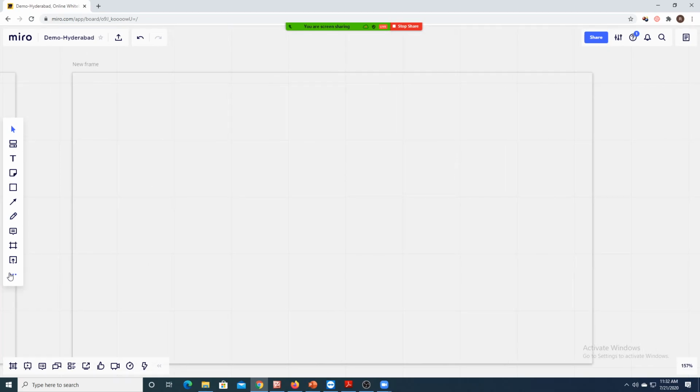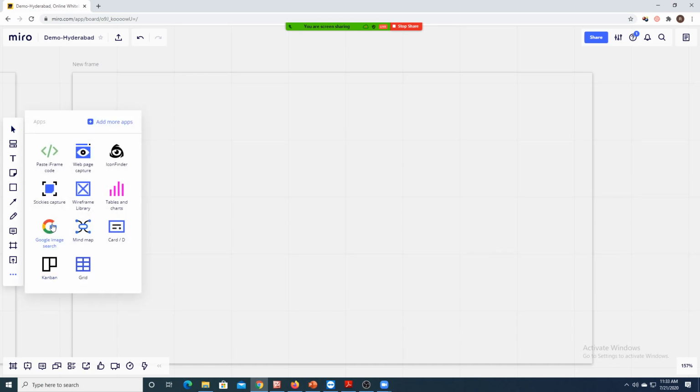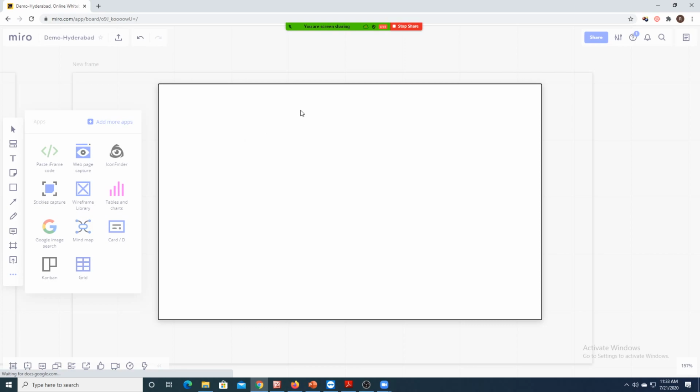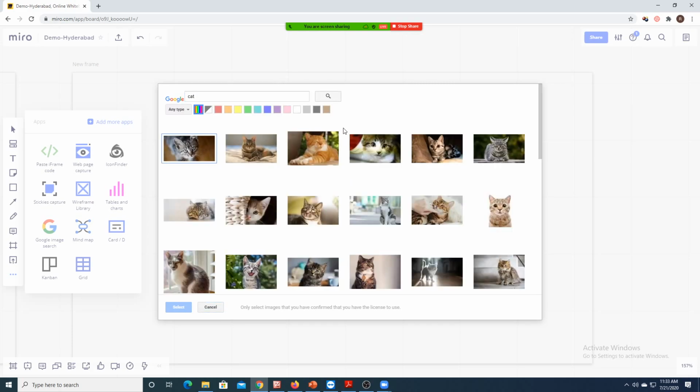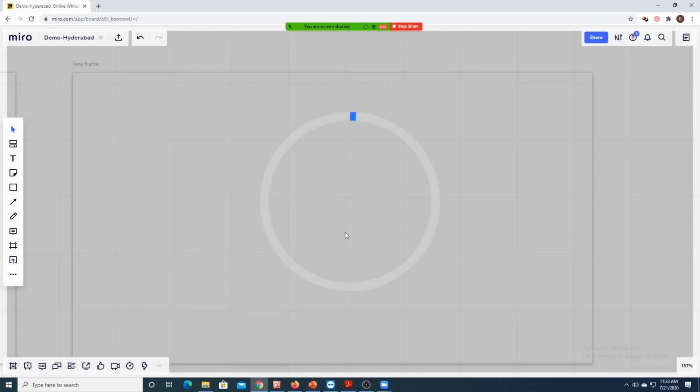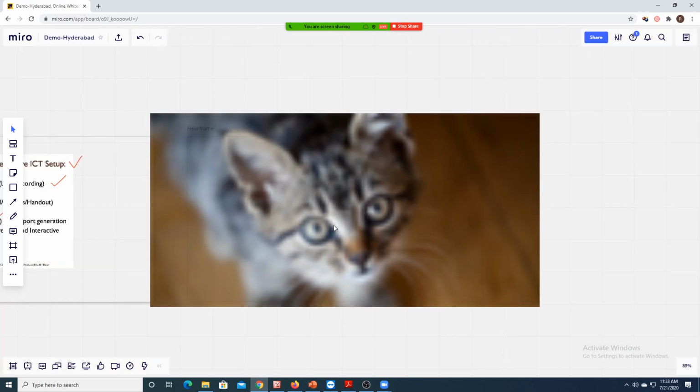Third frame, right? You want to do it, as I said, from your Google. You want to show them live. I mean, any image. So once again, anything you can type, whatever you want to show. If it is subject related, you can put subject related. Anything would do. So it's getting loaded because once again, as I told you, you're doing it from the internet. So once again, it's very big.